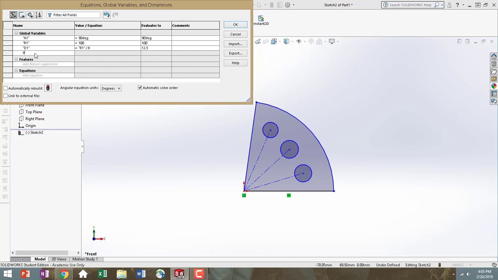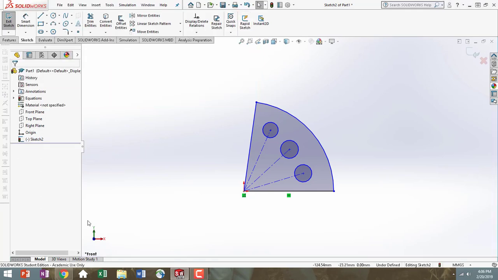Next, I'm going to put in my P1. This is a fixed size at 8. Go ahead and hit OK. So it says we just want to solve for our A1 being 90 degrees or 130, so I'll just change that when I'm done designing my whole part. And we want to solve for R1 also being at 80 instead of 100. So as long as you have your A1, R1, D1, and P1 all listed right here, go ahead and hit